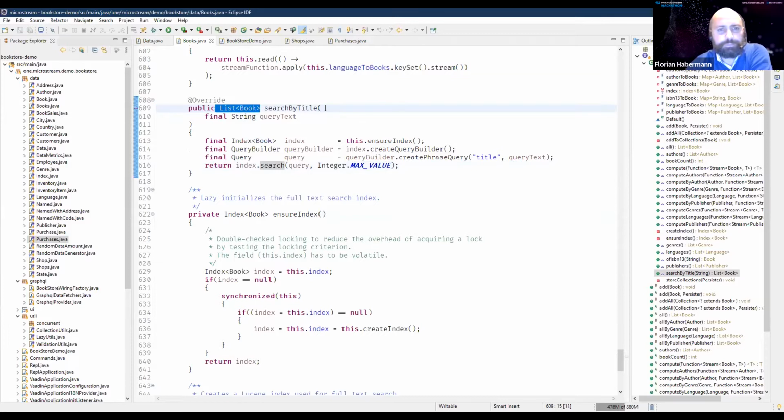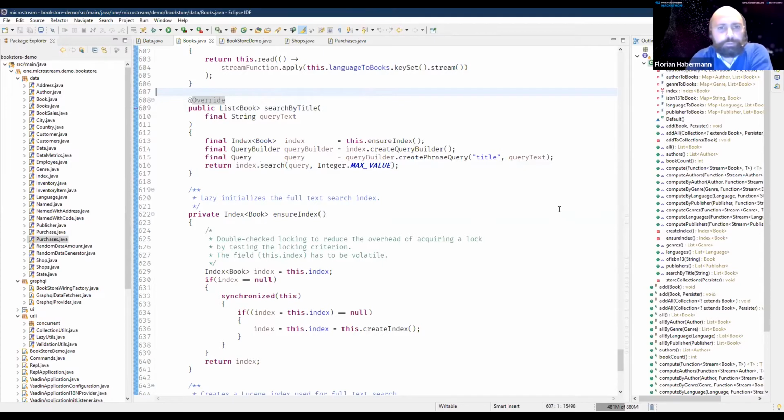And so the index is maintained inside the Lucene index, which you can combine with MicroStream to use full text search, because the Java core stuff is sufficient for most cases, but it's not very fast.